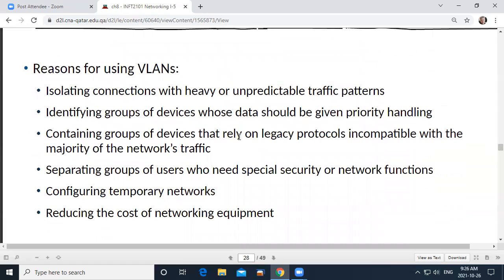So why would we use VLANs? I hope that I've made the point that it's very good for security. Here are some other reasons. We can isolate heavy and unpredictable traffic, if we have a part of our network which is using a lot of traffic and affecting the performance for everybody else. We can isolate them and say, okay, we're going to give preferential access to these people here in this VLAN, and so they're not going to be affected by your use of YouTube or whatever it is that you're streaming that's taking a big toll on our network. You're going to only get this bit.